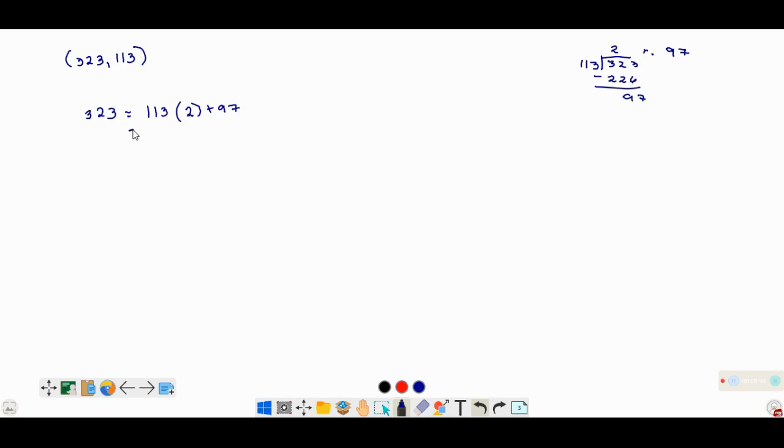After that, we have to take 113 from here and then write it as a product